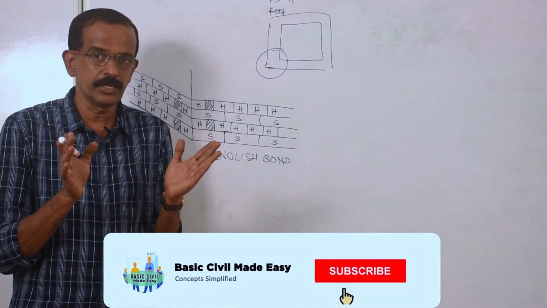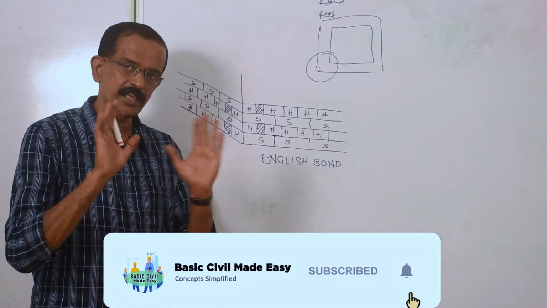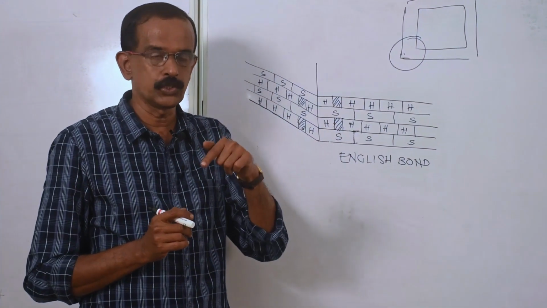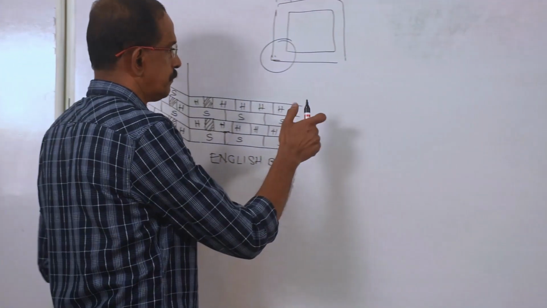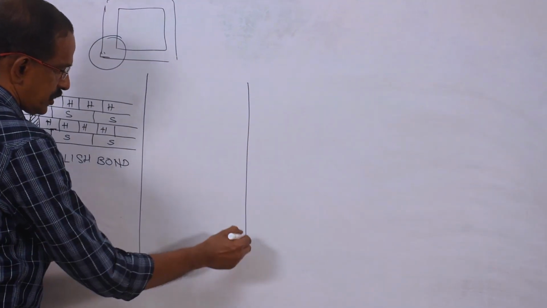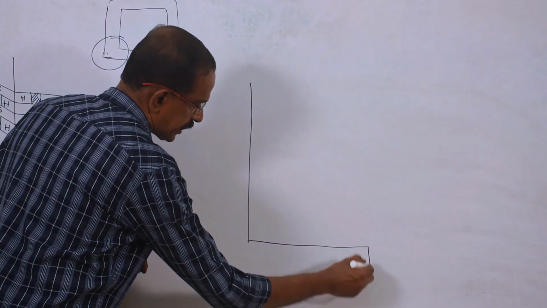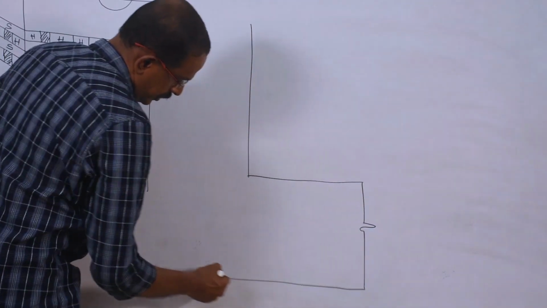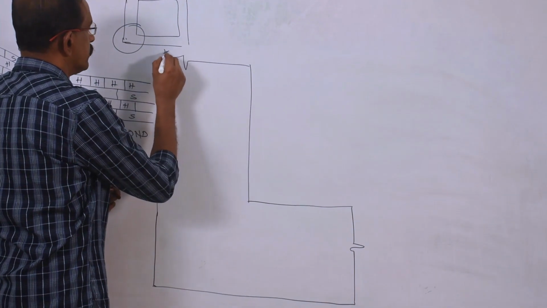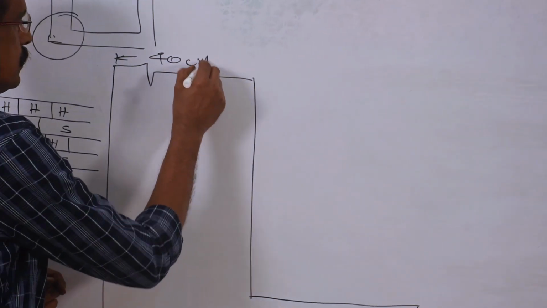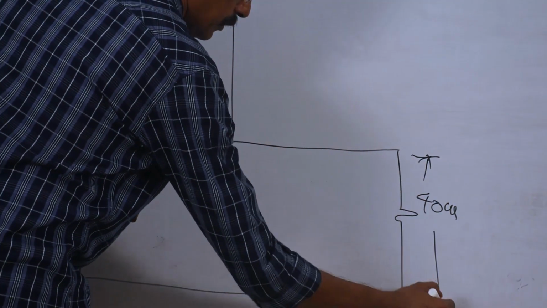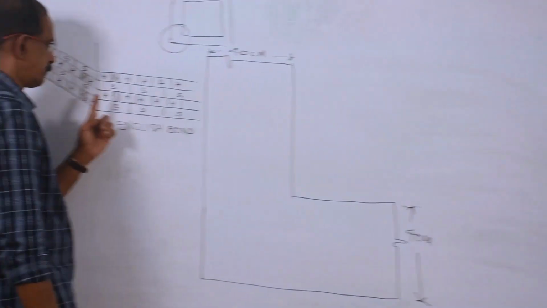Whether there will be any change in the elevation? No change. Elevation, outside appearance will be the same. Only the width or thickness of the wall is increasing. So as usual, draw two lines. Two parallel lines at say 4 centimeter gap in both directions like this, that represent the corner of the wall, and mark it clearly 40 centimeters. Here also 40 centimeters. So this is for first layer.